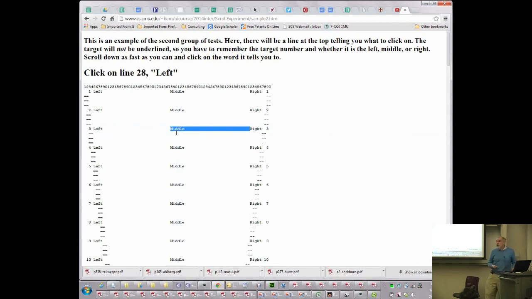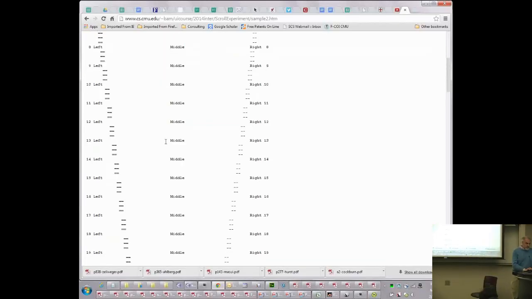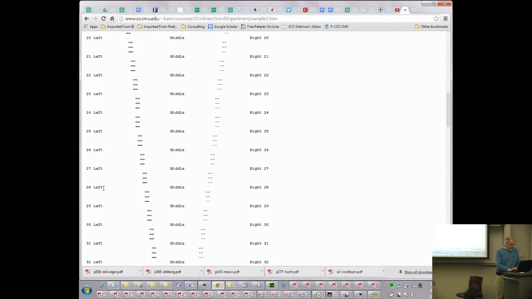So there won't be any way to measure errors in this experiment, unlike the click one that measured errors. You'll have to watch carefully and see if the user seems to be clicking in the wrong place, or ask them. Obviously one of your users is yourself, so you'll have to be vigilant about whether you click in the wrong place at all, and just basically do that informally. And if you go all the way to the end, 28 left,